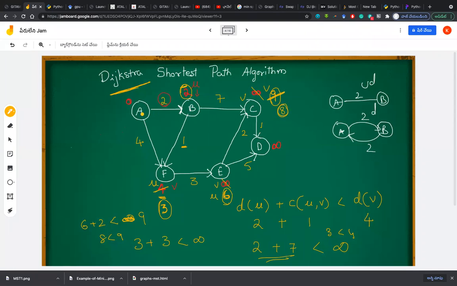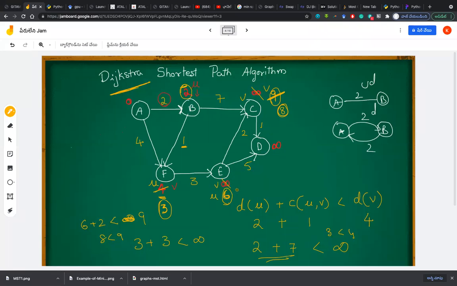That means from A to C, you can follow this path: A to B, B to F, F to E and E to C is much less than directly going from A to B and B to C. I hope you understand, because this is the target point. So from A, you have 2 plus 1, 3, plus 3, 6, plus 2, 8. So this is much more minimal. Now we finished, what is the next one?